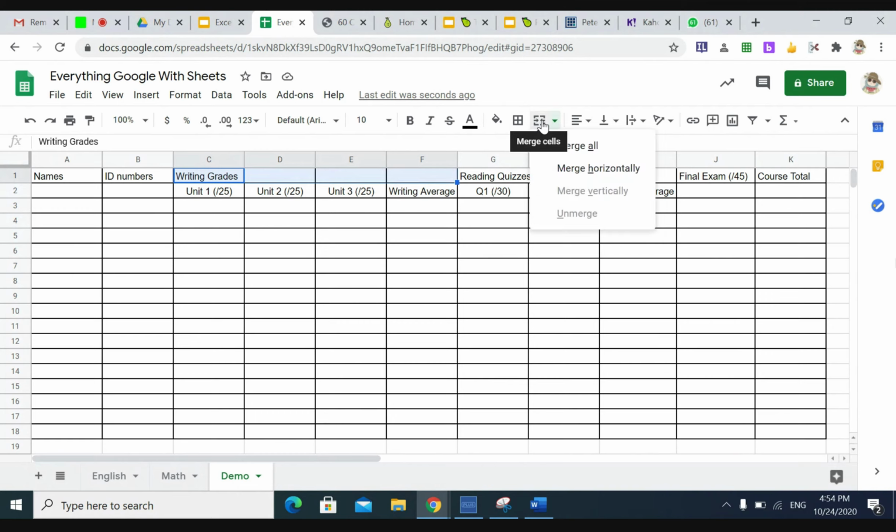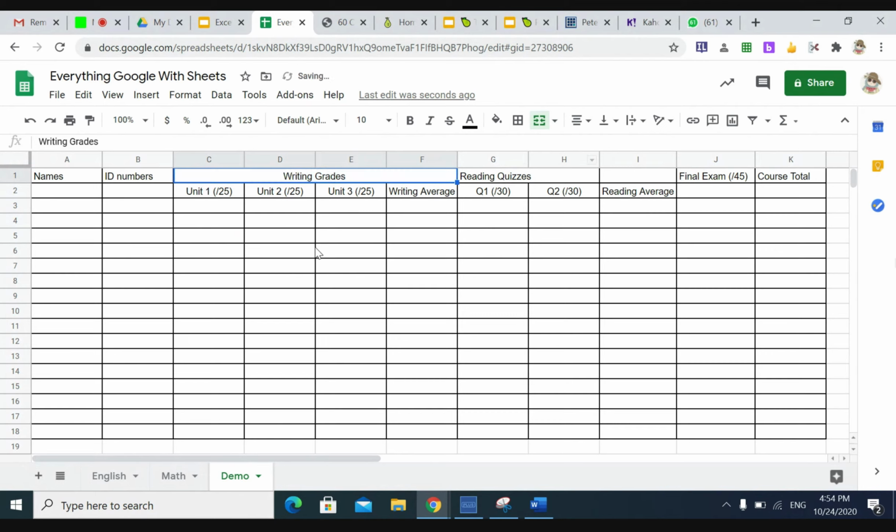And I am going to merge these 4 cells together. And now writing grades is in one cell. I am going to center it, and there we are. Now writing grades is hovering over these 4 cells. I'm going to do the same for my reading grades. Again, highlight, merge,